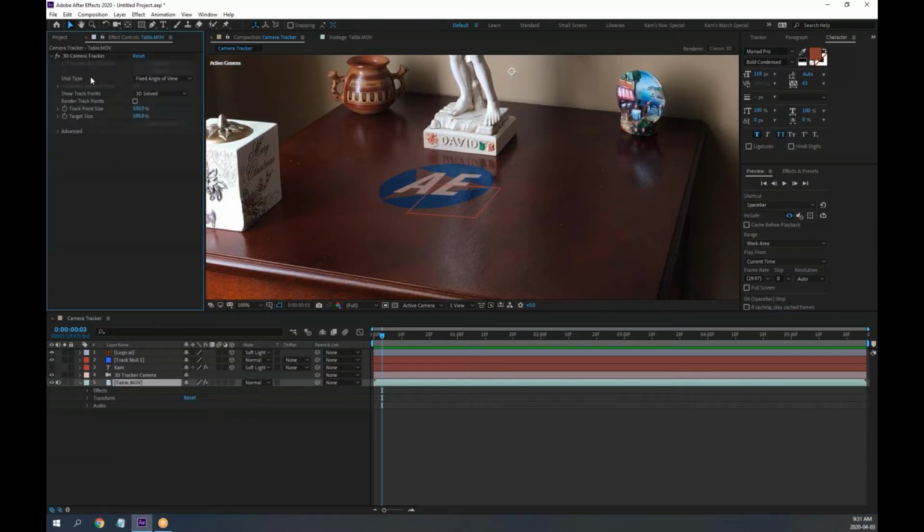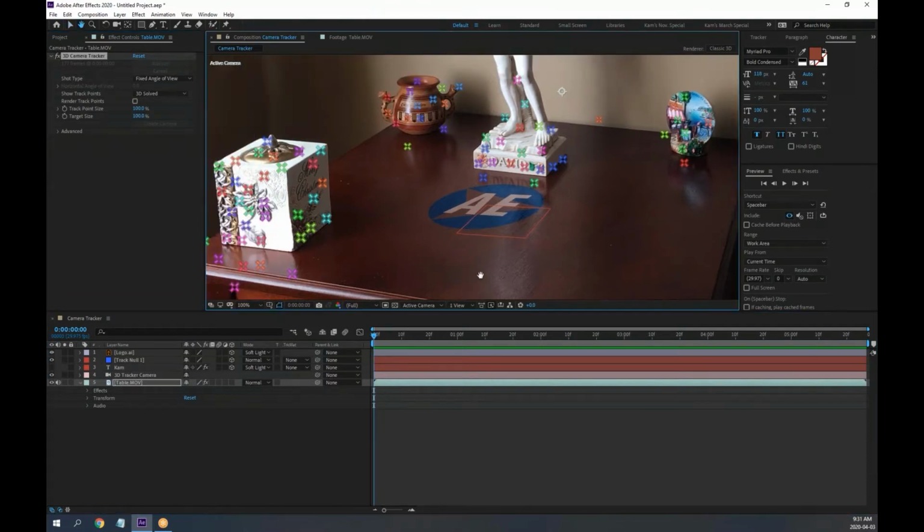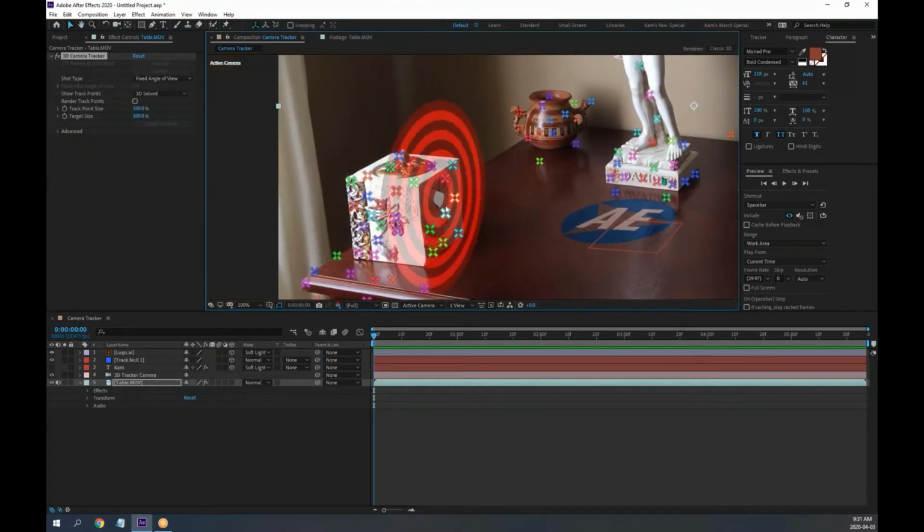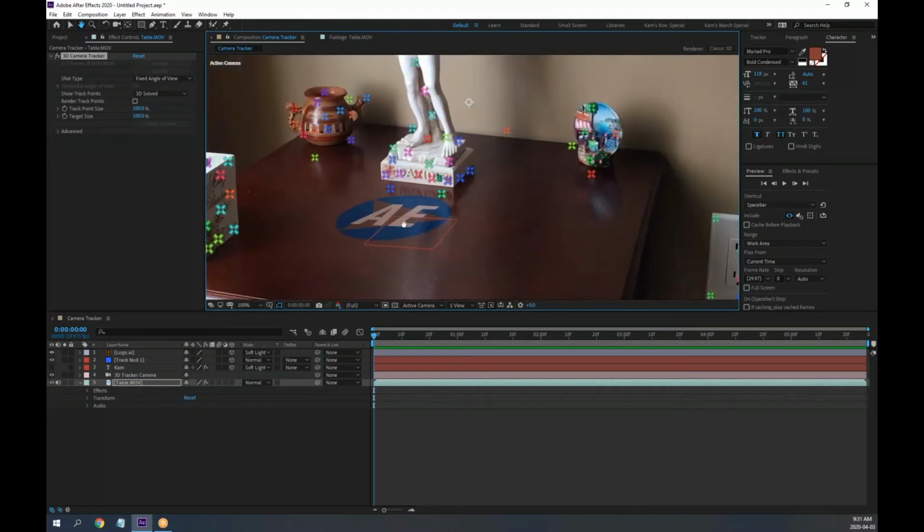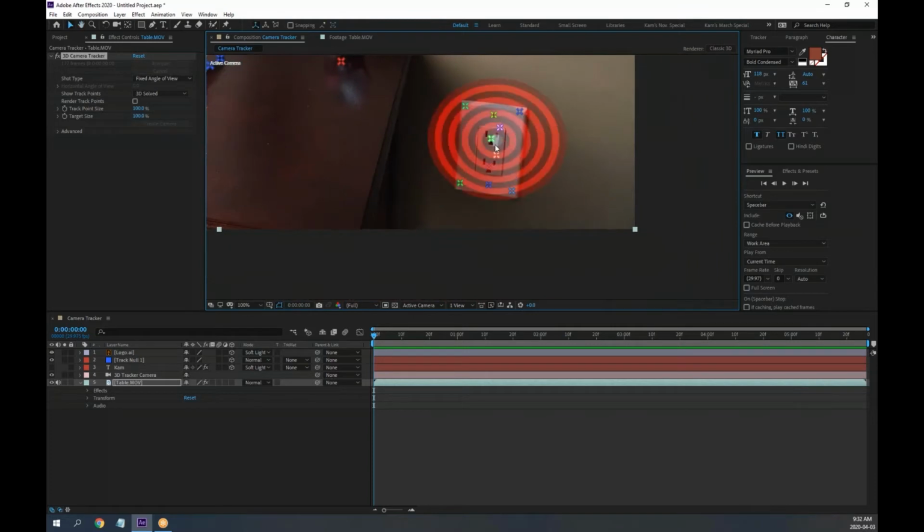You also notice there are a lot of other track points. For example, if I want to color correct or fix this edge of this object, or change the color of this, it is going to be a bit tricky. If I want to change the color of the plug on a wall, I still need to motion track it. So I'm going to select something that matches the wall and the wall's perspective. For example,